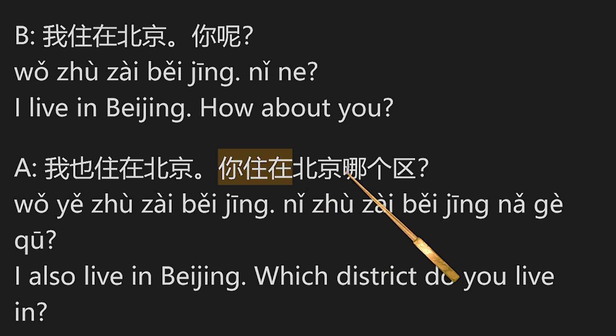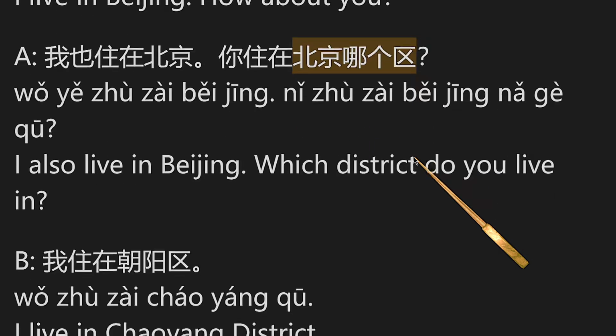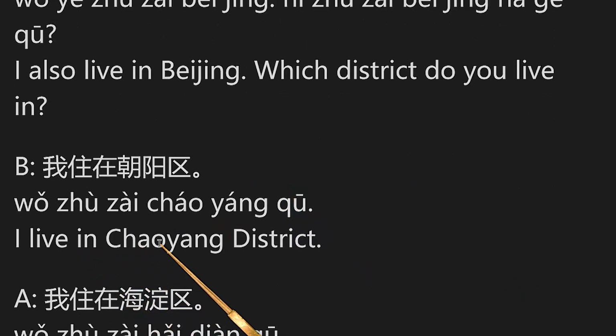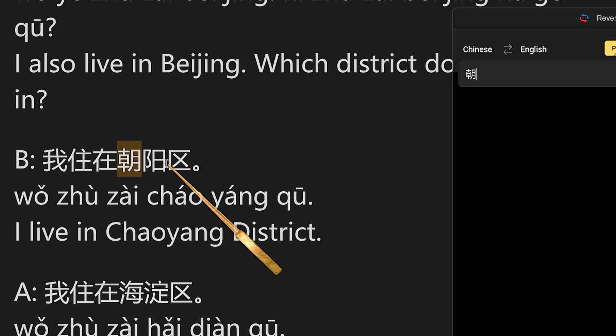Which district do you live in? 你住在北京哪个区？ Here is 区. It's some area, some district, you can say. In this situation, it's district, I think, but it could also have a lot of meanings. 你住在北京哪个区？ So, in Beijing, which district? 哪个, which one? And he answers, I live in Chaoyang district. It's just a name. 我住在朝阳区。